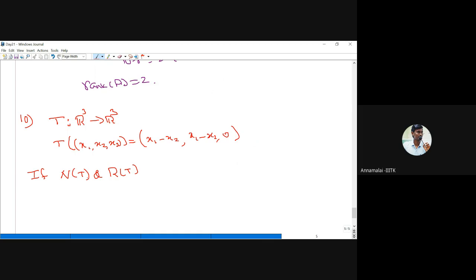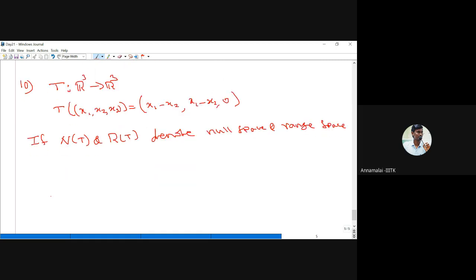Okay, now what is the dimension? So this denotes the null space, otherwise kernel, and the range space respectively. N of T means the set of all vectors that T takes to 0, and R of T is the range space. Now the options are,